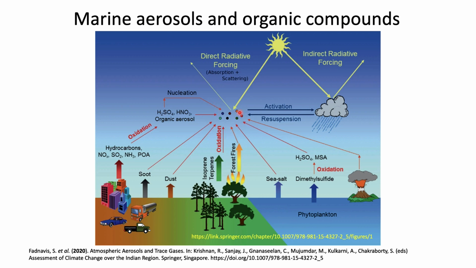So we have different types of aerosol particles. What are all the different reactions that are happening is given here. Various hydrocarbons undergo oxidation to produce, for example, nitrogen oxide, sulfur oxide, ammonia. All these undergo oxidation to produce sulfuric acid, nitric acid and organic aerosol. These are responsible for the nucleation of aerosols, and soot also leads to black carbon. Dust particles are also responsible for the formation of aerosols, and isoprene and terpenes are emitted by the plants,